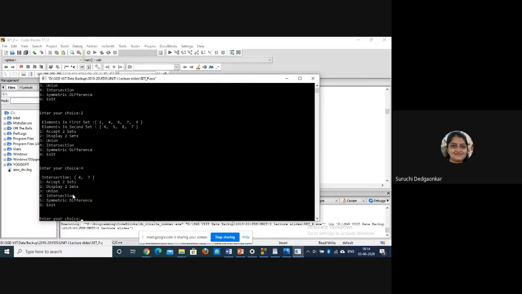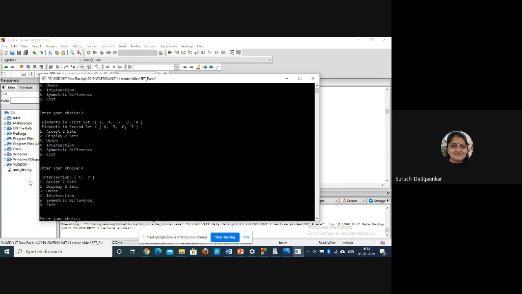So first check whether you can take the input from the user. If you are able to accept the input from the user, then apply one by one processing functions to it and display the output.